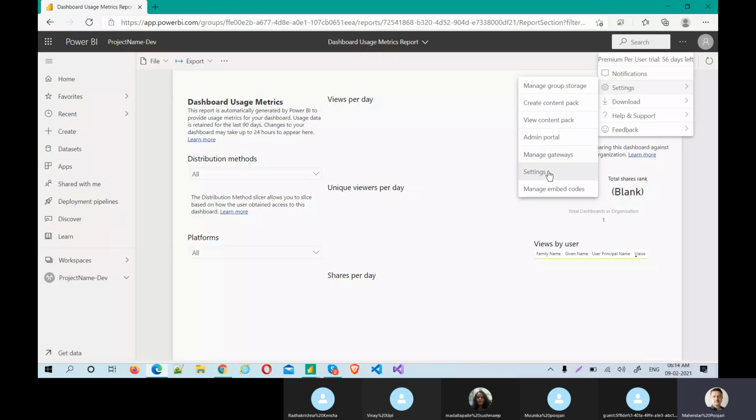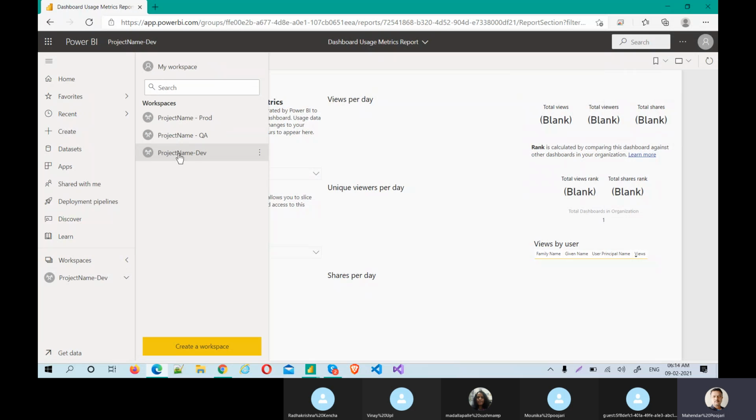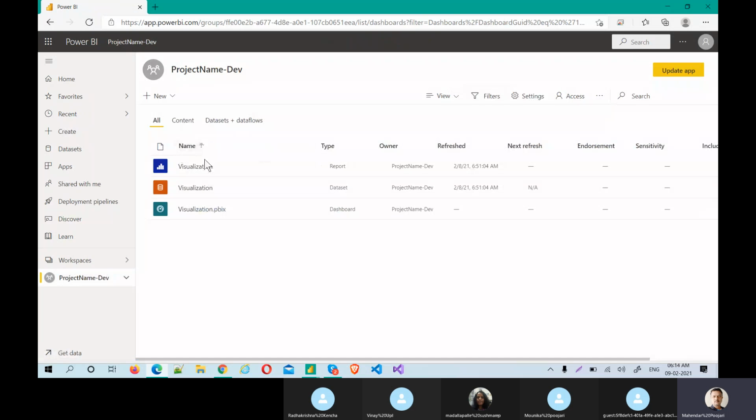And manage gateway we have done. Settings, it goes to dataset settings. Yes, manage embed codes. This is one of the most important things, guys. Okay, what is this basically? Let's say you have a dashboard. Okay, you have a dashboard. Inside that